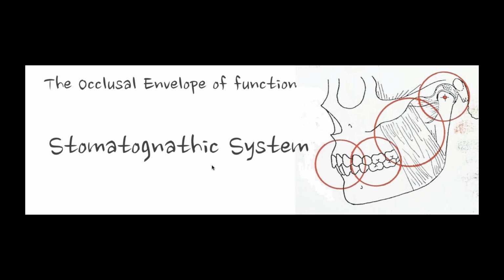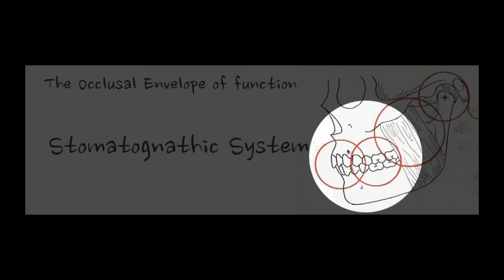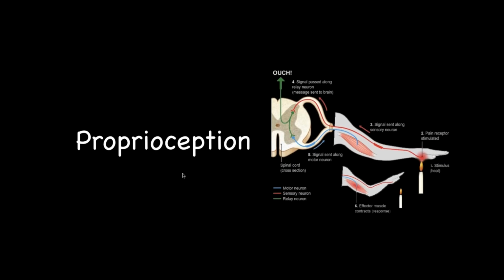And this is really important for us to start to understand, because this system, the stomatognathic system, is really an amazing process. There's so many things about it. It's probably the most complex system in our body that we treat like it's just bone and teeth, but realistically, it's one of the more complex systems of how it all works together, from the joint to the muscles to the teeth to the guidance, and all these things work so well together. And really what makes them work together so well is something called